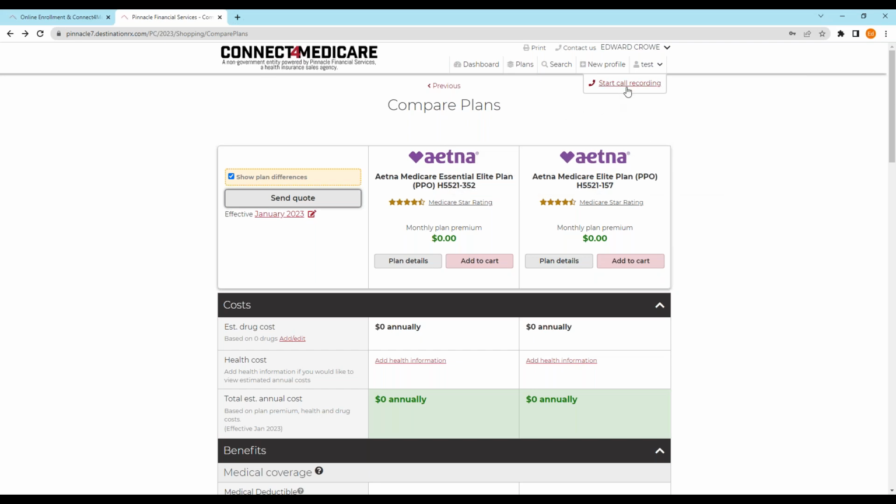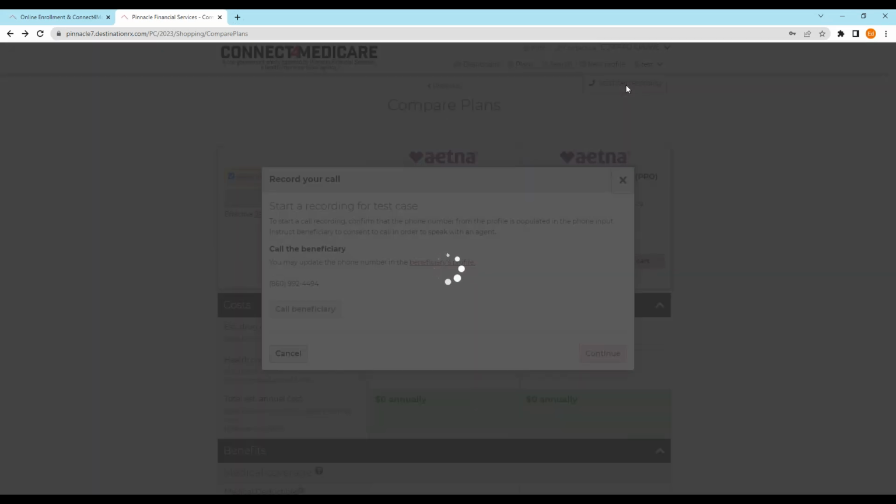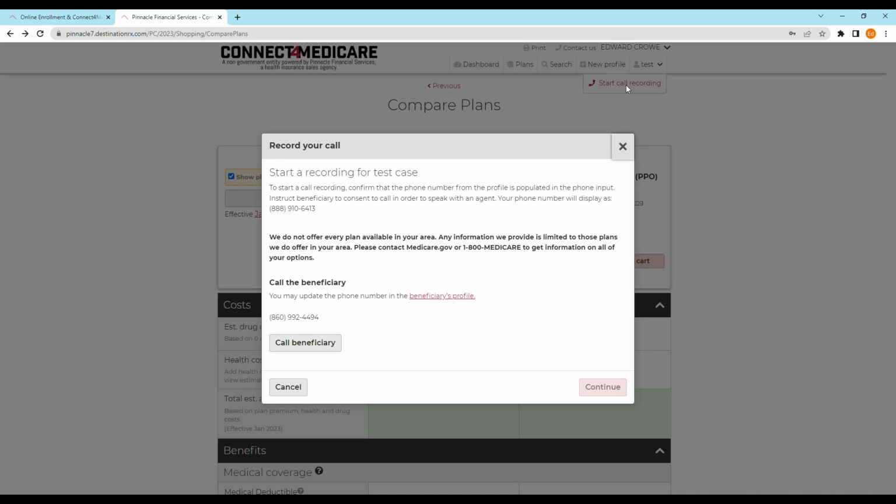So the recording is very easy. You click Start Call Recording. And at the top, it's going to list the number you're calling from. So this is something, if somebody calls you, they want to talk Medicare, you say, great. We can talk Medicare, but I got to record it. So I'm going to call you from a recorded line. Here's the phone number. It doesn't change for you. It'll be the same every time. And I would just then click the call button.